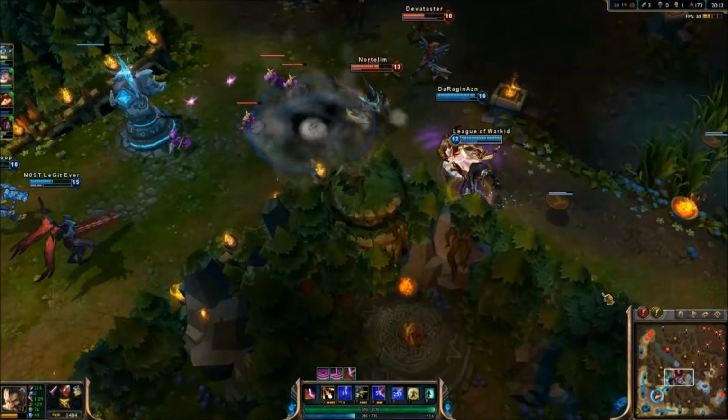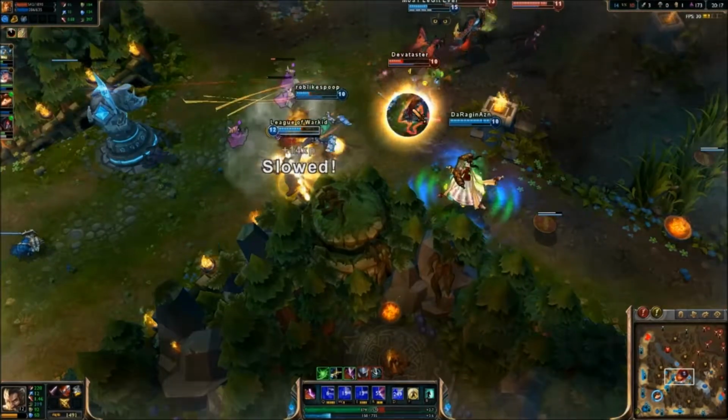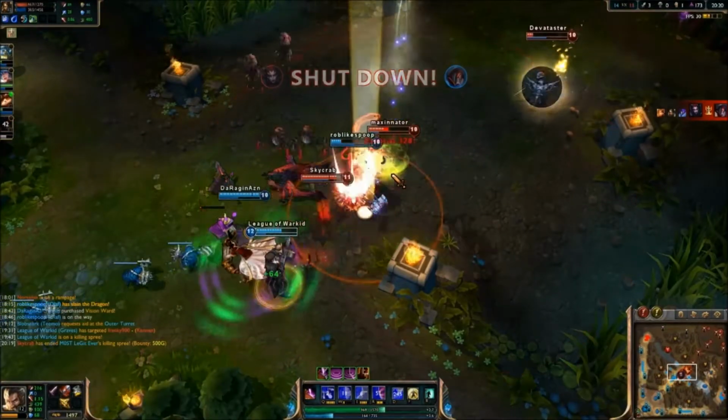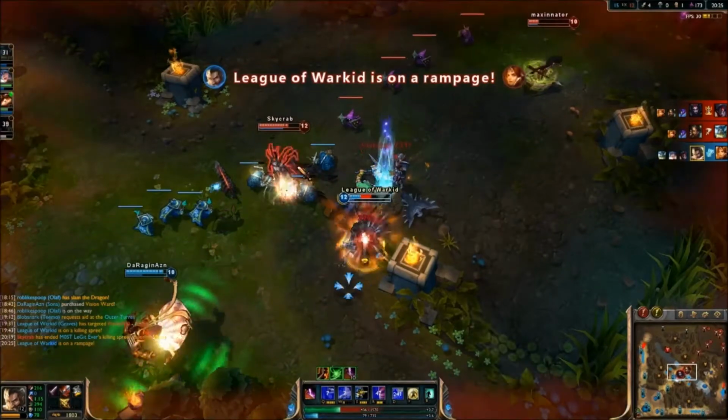So right now I'm just baiting. I'm not really going in. Good ult by Sona, letting me push in here. So our team does go in. Alright. So I am able to take out...